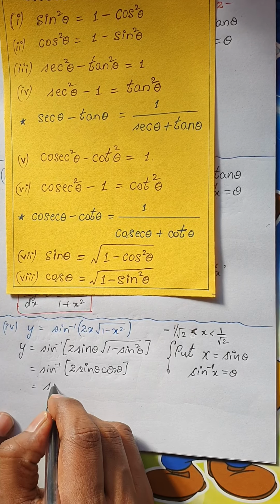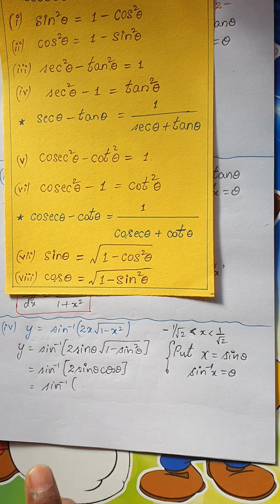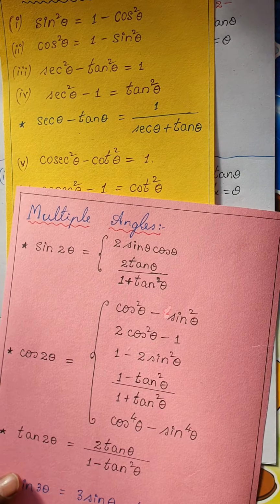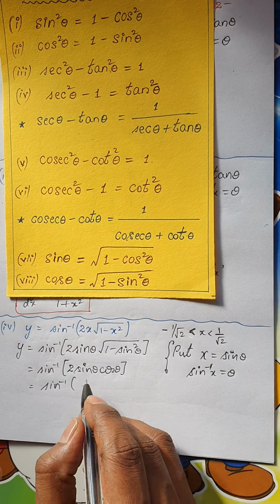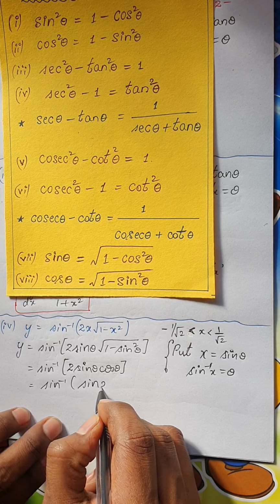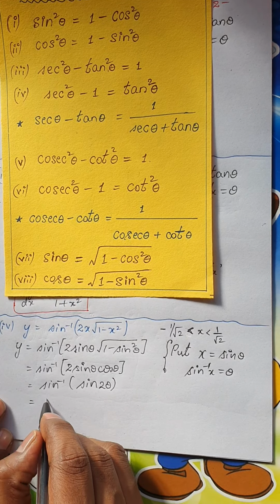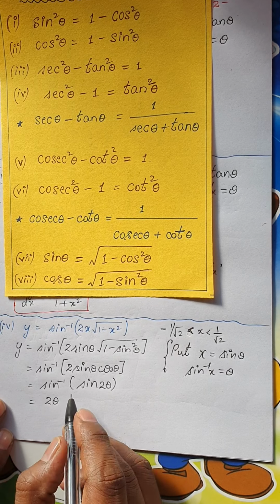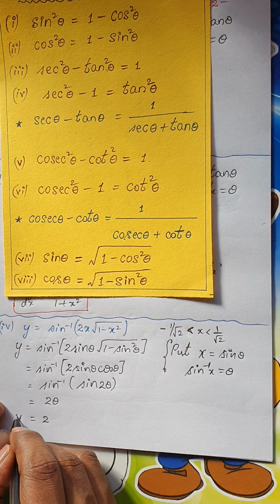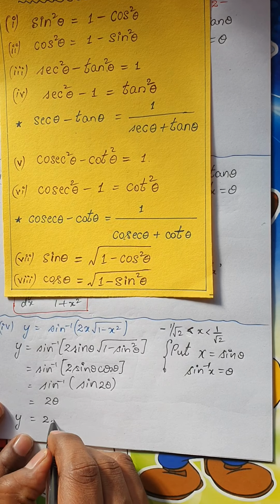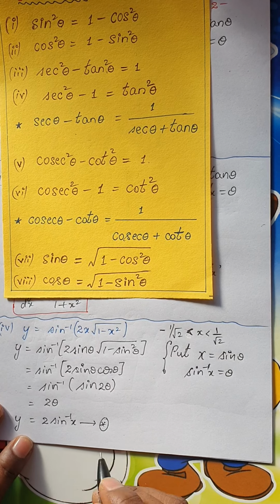Okay, so this is nothing but sine inverse of, now this is of the form 2 sine theta into cos theta. Again it's a formula here, 2 sine theta cos theta is sine 2 theta. So this will be written as sine 2 theta. Now sine and sine inverse will be nullified. I will get 2 theta. This is nothing but 2 times, I have y here, y is 2 times, what is theta? Theta is sine inverse x. So this is my equation star.